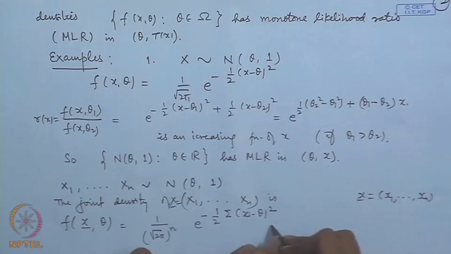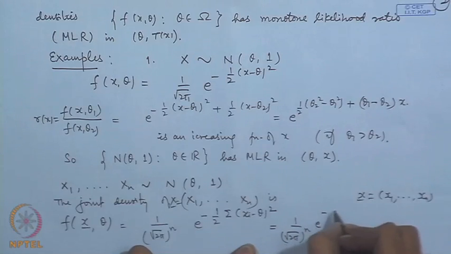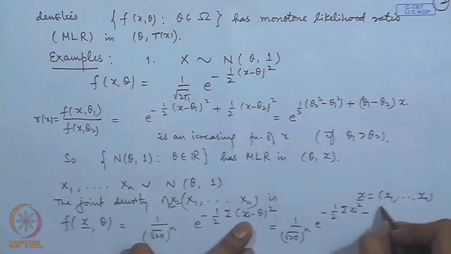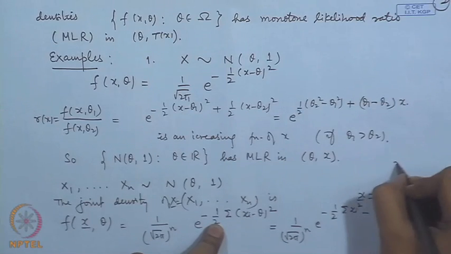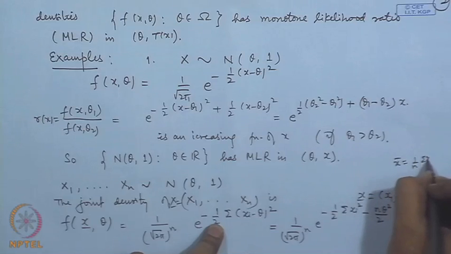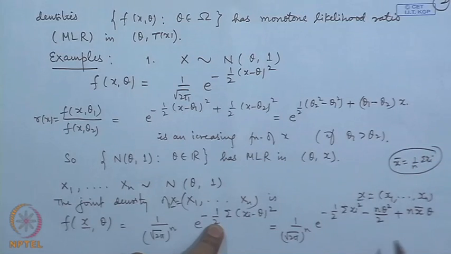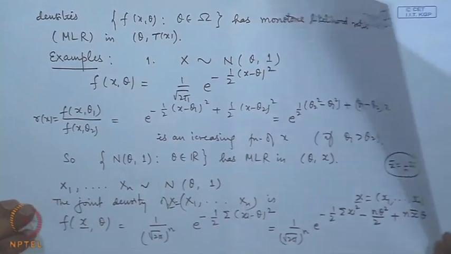Let us simplify this. We can write it as 1 by root 2 pi to the power n e to the power minus half sigma x i square minus n theta square by 2 plus, now you have the cross product term twice x i theta with a minus sign, and minus minus will become plus and 2 will cancel out. So, you get n x bar theta, where x bar is 1 by n sigma x i. Okay. So, now you write down this ratio